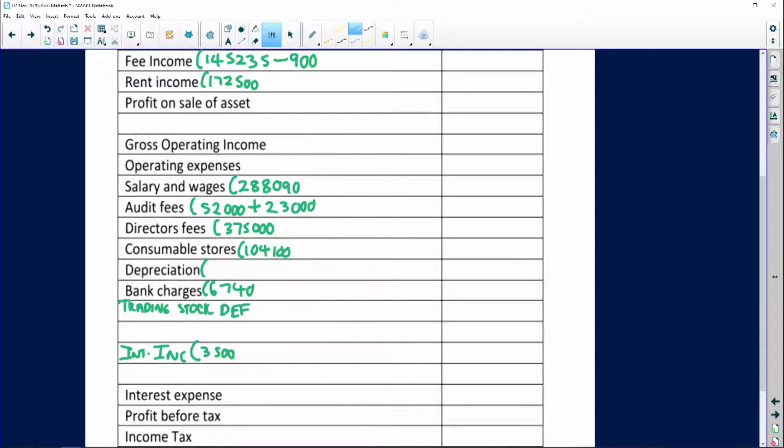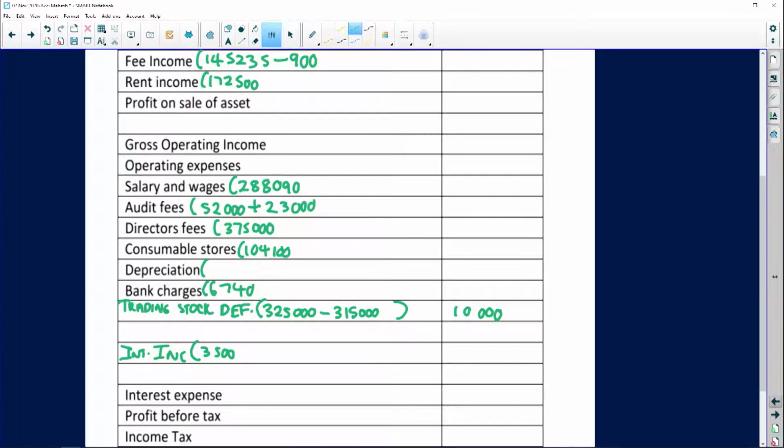Okay, so trading stock deficit, always nice to show your calculations in brackets. So I took 325,000 minus the 300 and I think it was 15,000, and that gave me a trading stock deficit of 10,000. Okay. Right, please remember guys, again, because this is a revision lesson, if you come across any adjustments in terms